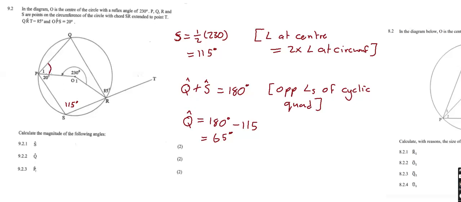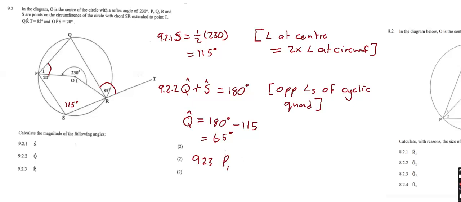P1 is this angle here. P is opposite angle R. Angle R happens to have an exterior angle, which is 85. So P1, by the way, this is 921 and this is 922. So 923 would be